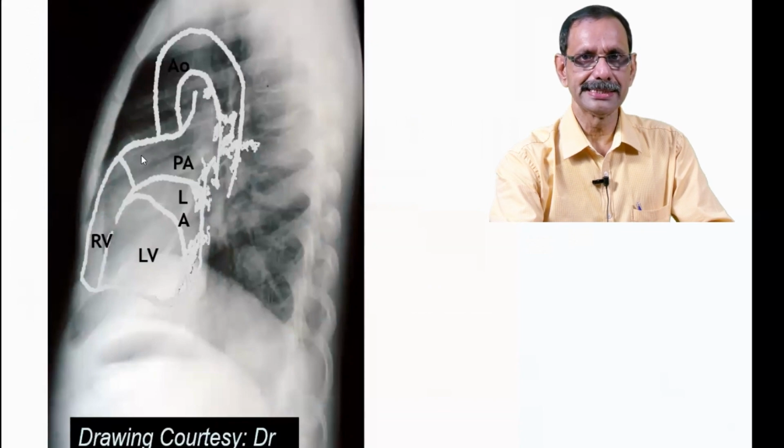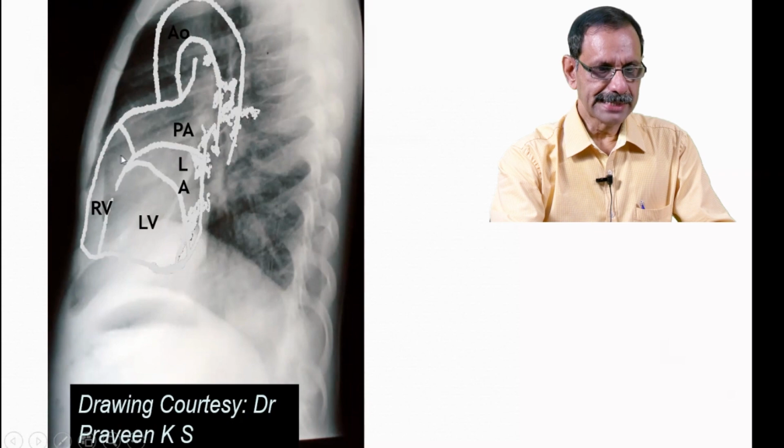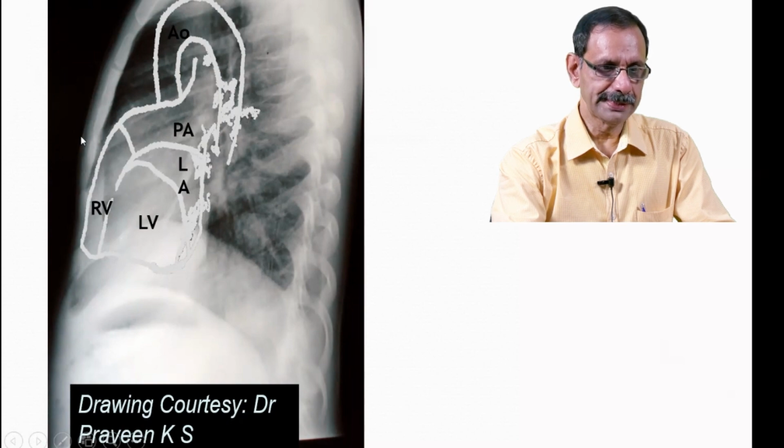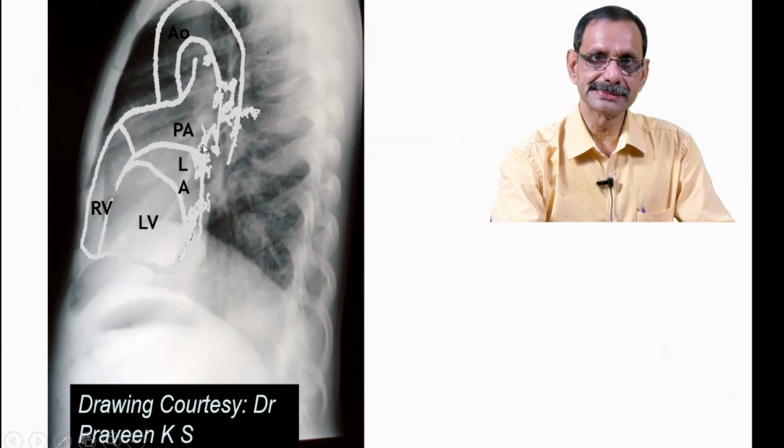This is the lateral X-ray. As I said before, it's not very important these days. This is the right ventricle just beneath the sternum. If it is enlarged, more of the space gets in contact with the sternum. So the right ventricle is in contact with the sternum. This is the left ventricle. The left atrium is posterior. This is the pulmonary artery. The big artery that is branching is the pulmonary artery, and that curving to become the arch is the aorta.